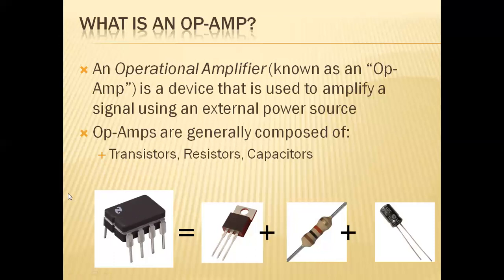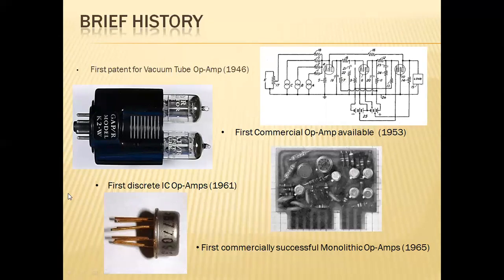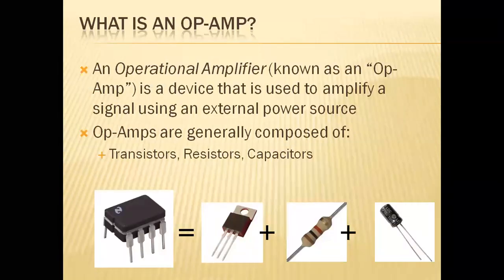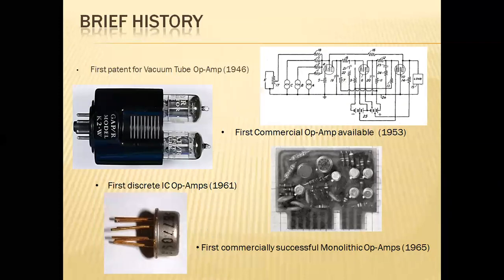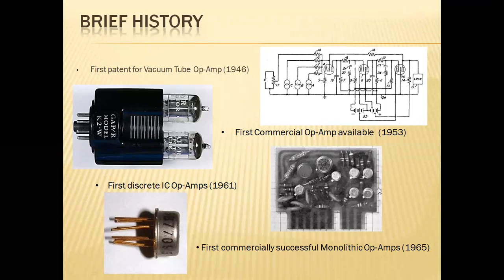Corresponding outputs will be generated. So hence we call this an op amp, which generally consists of electrical components such as transistors, resistors, and capacitors. Here it's a clear-cut description